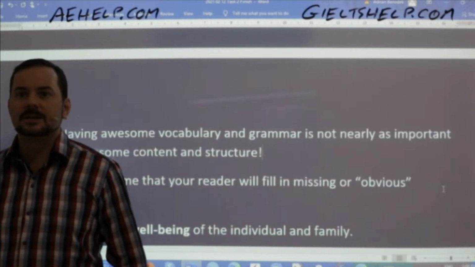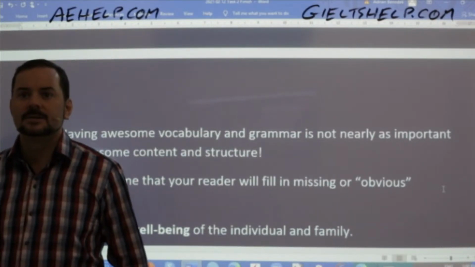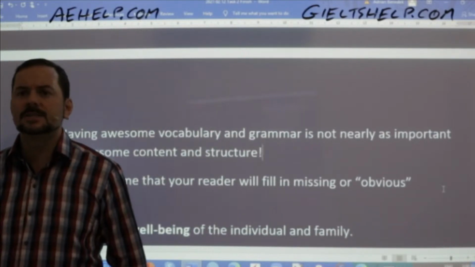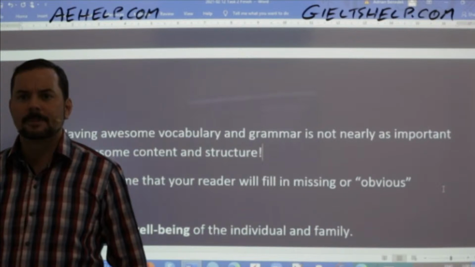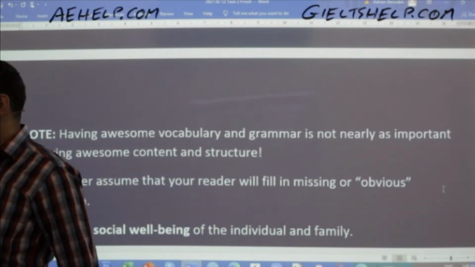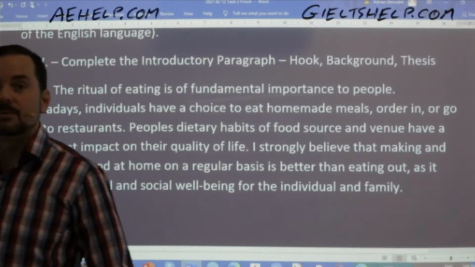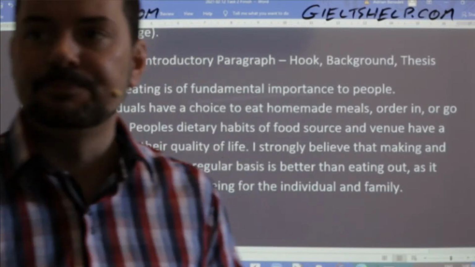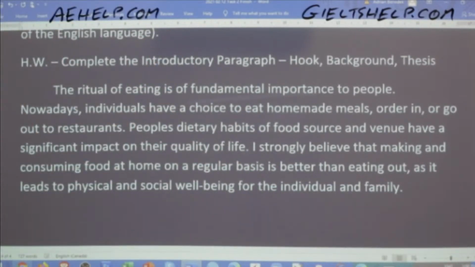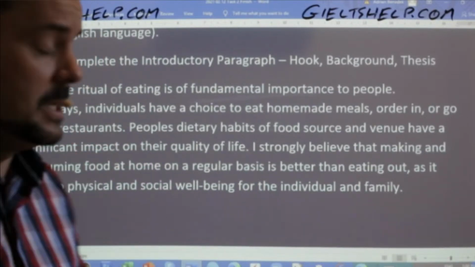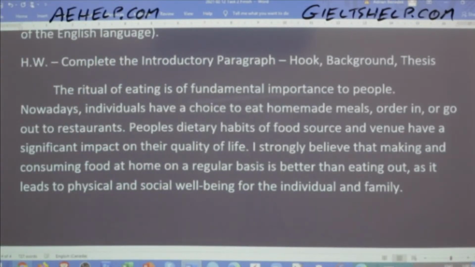So, let's see. Vishnu, I don't see your hook. Just send it to me by email and I'll check it out, okay? All right, okay, so I'm going to show you what I have for my introduction and then we'll get right into the body paragraph writing here nice and quick, okay? Here we go, okay? Yeah, Carolina just suggested an idea that we can make a group and give feedback on papers, so do peer review on papers. That's a really good idea. Okay, so here we go.